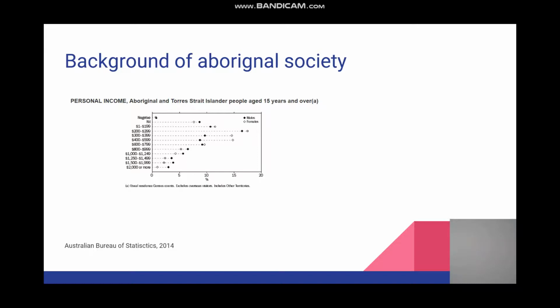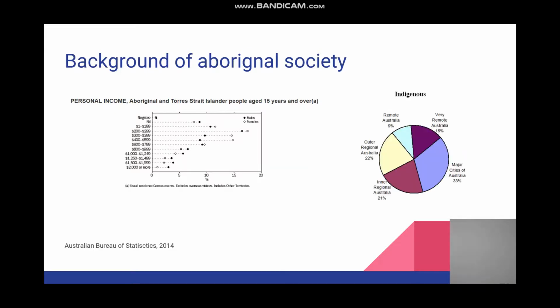It can be seen that more than 54% of Aboriginal and Torres Strait Islander people now reside in the major cities of Australia, for example in Sydney. It also shows there are more women than men, and more of the younger generations moving to the city as opposed to remote areas. Moreover, Aboriginal society has fairly high birth rates as well as higher death rates within their population when compared with the general population.